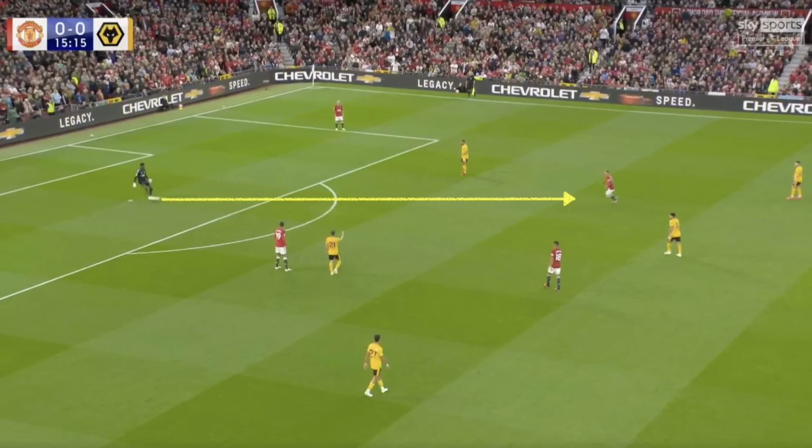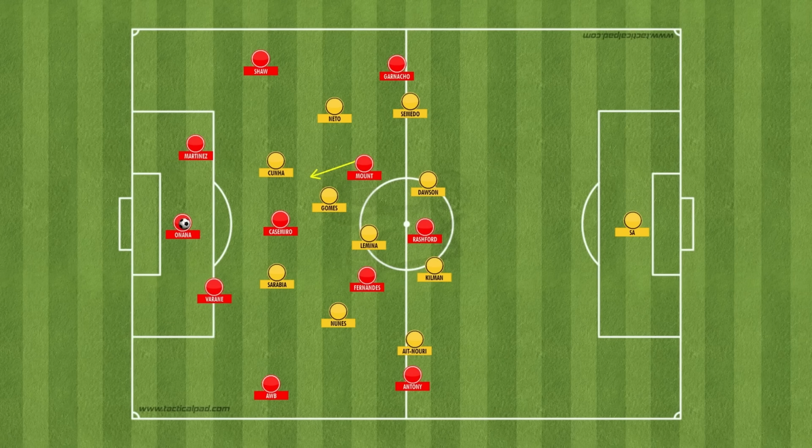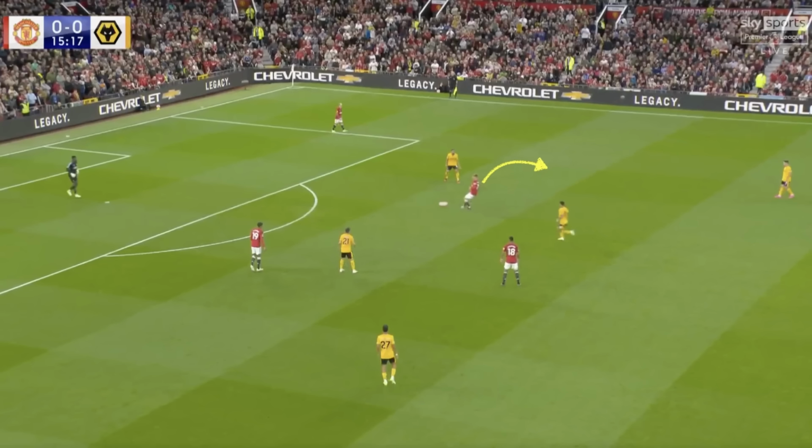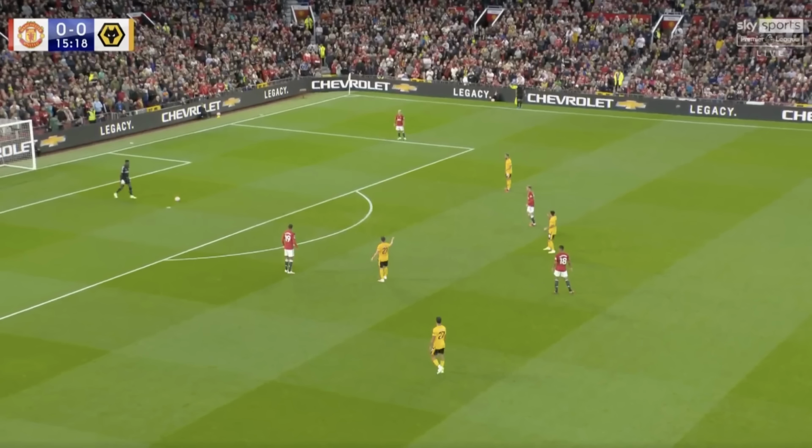Here we see Onana plays a pass into Mason Mount, who in this phase of play has dropped in front of the Wolves midfield line, seeing United move away from the 3-3-2-3 build-up shape to more of a temporary 3-4-1-3 with Fernandes sitting slightly higher than Mount and Casemiro. But as Mount receives this pass, you can see that if he just looks over his right shoulder, he can see that he's got time and space to turn with the ball and potentially play out. But for whatever reason, he doesn't take this risk and instead plays a pass straight back to Onana, meaning that United didn't make any ball progression from this situation